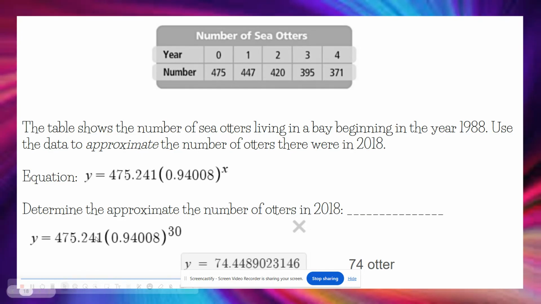So we can substitute our equation in with the value of 30 for x, and it will give us our answer here. We're going to round that to the nearest otter, which would be 74 otters. So in conclusion,